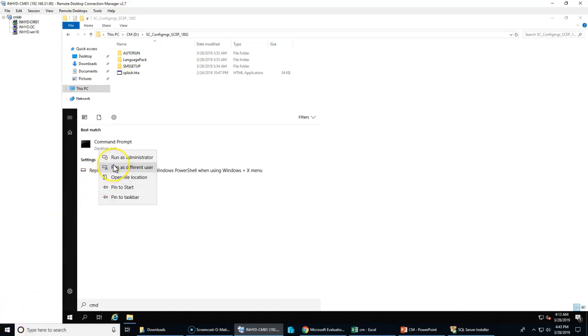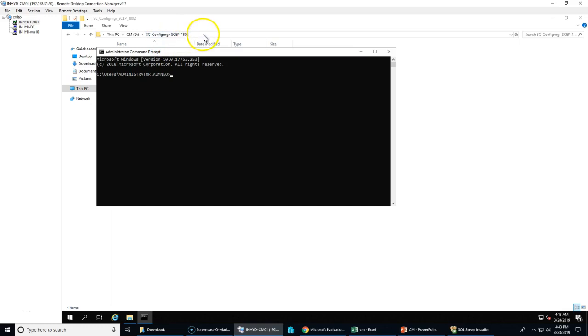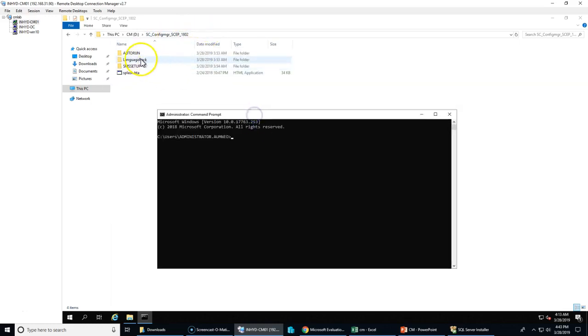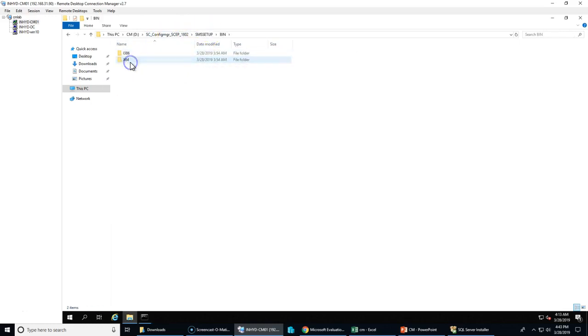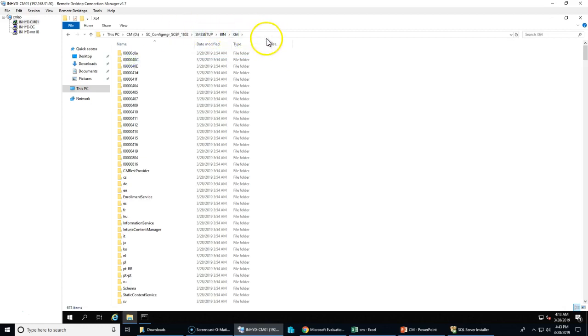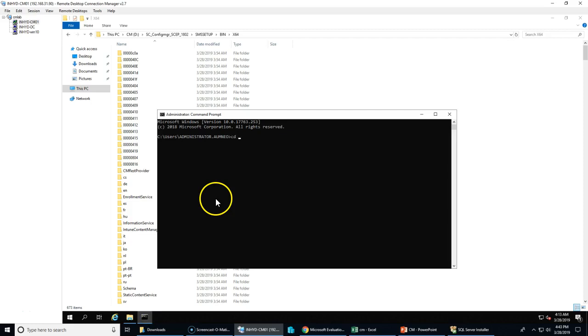To run this prerequisite, I'm going to use the command prompt. So right click, run the command prompt as administrator, and point to the following path which we opened earlier, x64. Okay, copy. So just change the directory to D colon. As I said earlier, the exe name is prereq,